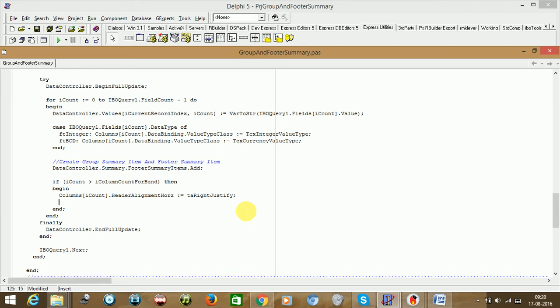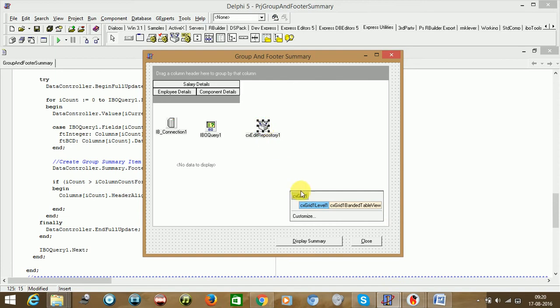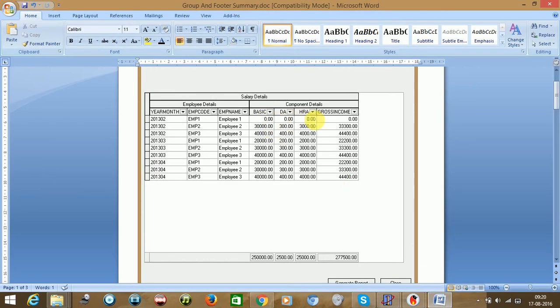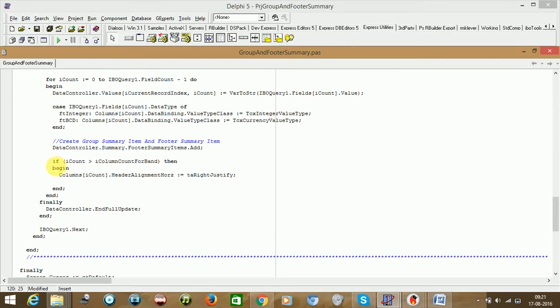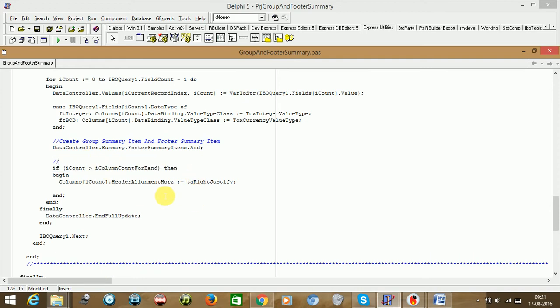Now this currency item, whatever we have created, we need to assign to these columns and not these first three columns. So we have already given the condition here, as you could see, only for numerics. Okay, so you can say here do setup for numeric columns in the grid.